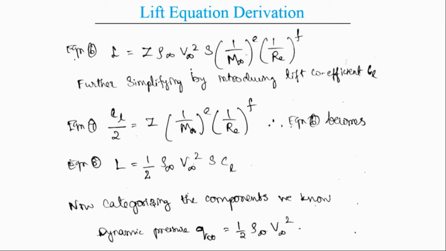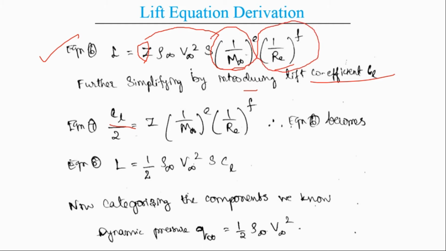Now we look at a simplified equation. When we further need to simplify it, we'll be taking out all the complex terms. Here 1 by M infinity, 1 by R and RE, that is Reynolds number, we can introduce a coefficient. So this is a lift coefficient. We are introducing a lift coefficient CL. If we take out all these terms and compress it within a single coefficient,